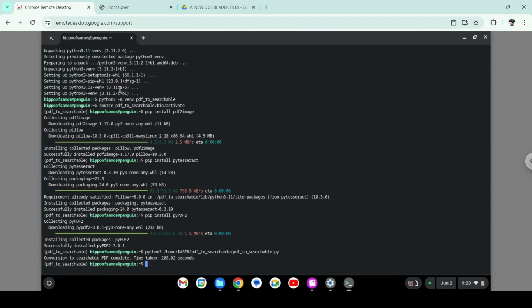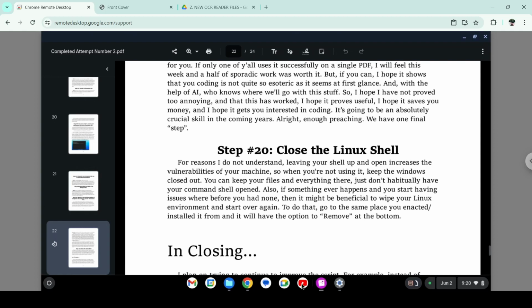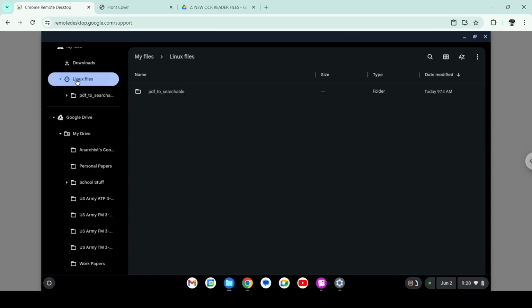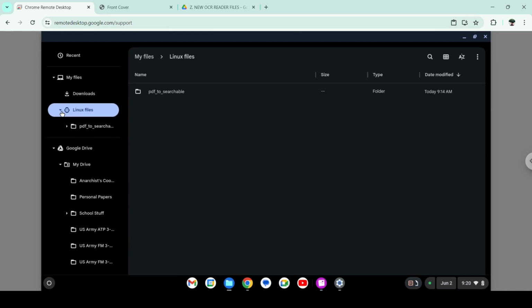You can just close this out, and that will do it. But this will leave the Linux environment and the Linux files here, which if you plan on using this repeatedly, then you may want to keep and not delete. But if you need to get rid of it, if you don't have the space, if you only want it temporarily,